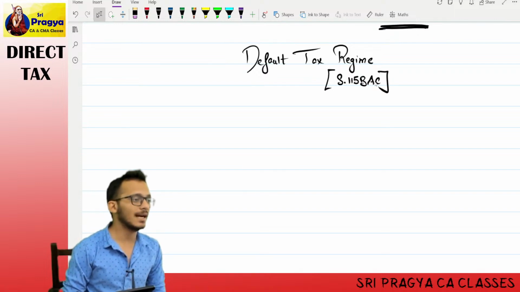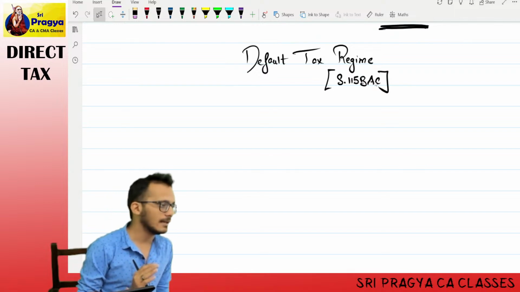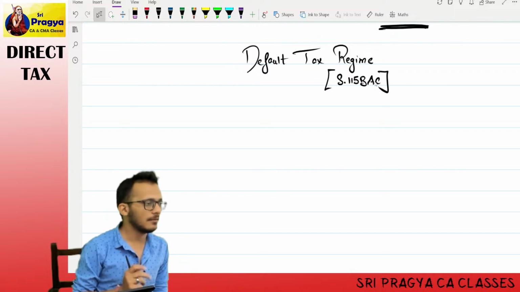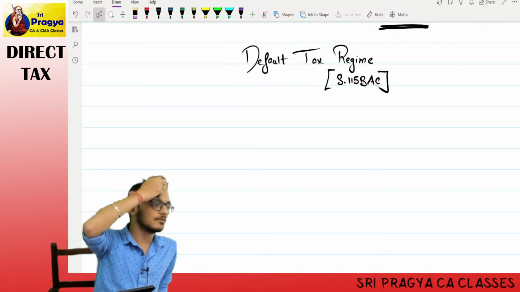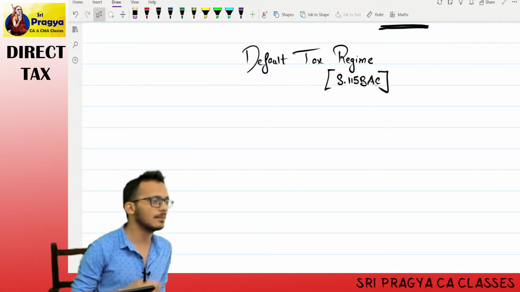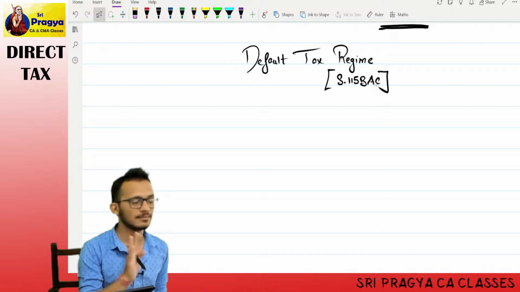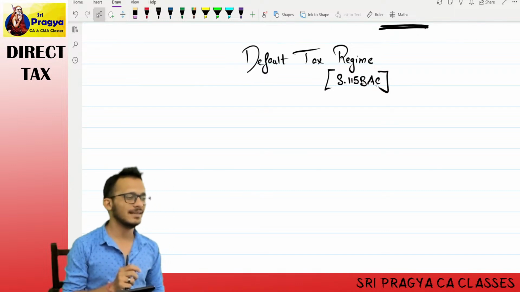said, I will give you tax rates lower than what you already have. Now at this point of time you will come and ask me, Rahul, if this one is having lower tax rate, what is the point of two regimes? Everyone will go for this only. No, when everyone is going to opt for this, why would they go for that? No. Understand, income tax also played smart.